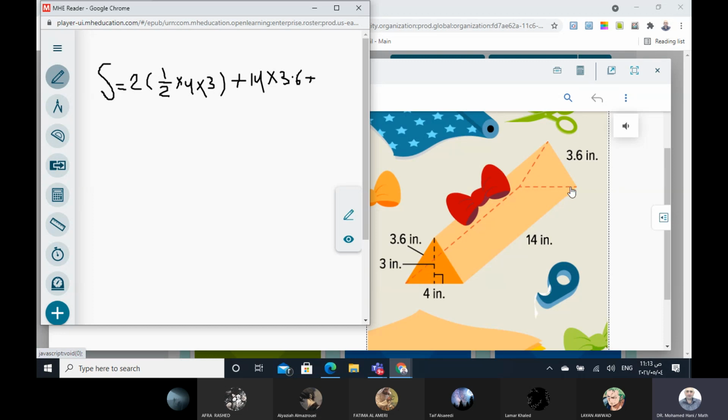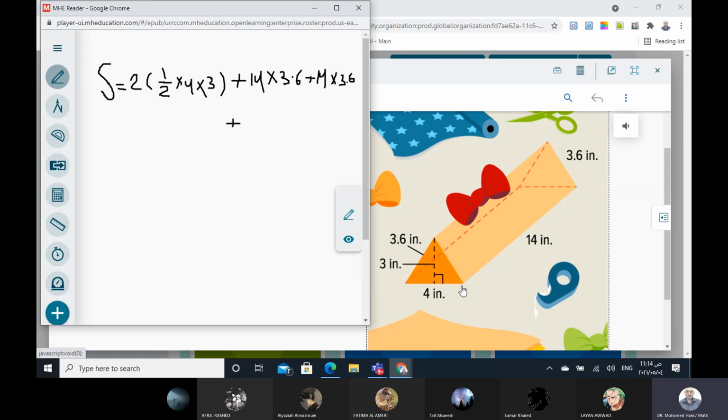The length here is the same, 14, and this side equals this side, meaning 3.6. So 14 times 3.6. Or we can write 2 times 14 times 3.6, or 14 times 3.6 plus 14 times 3.6, the same idea. Plus,